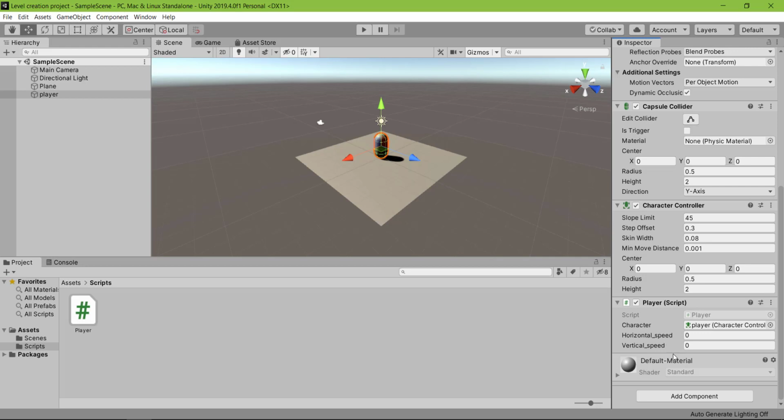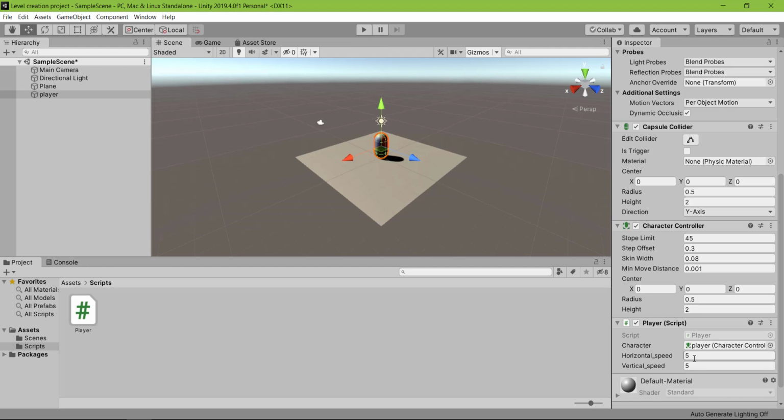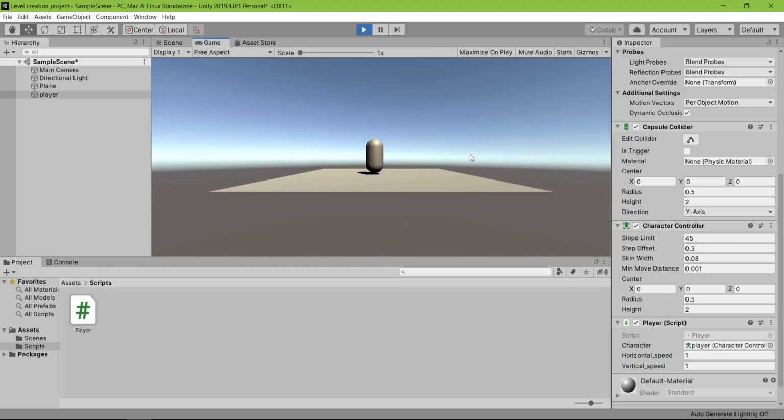So we can assign values and test our movement. Let's try the value 5 and go to play mode. Okay, that's too fast. So let's go with 1 for both horizontal and vertical speeds. And when I hit play, now you have a decent movement here.